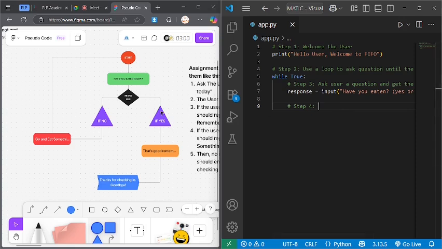Then now we want to check the answer. So we want to check the response. So now, first of all, this is where if comes in. So now if the response given equals